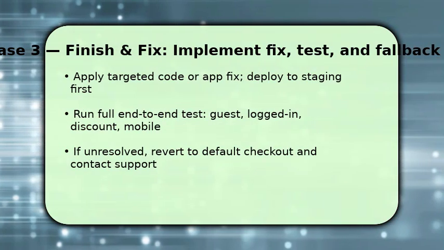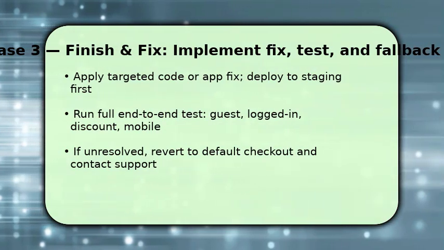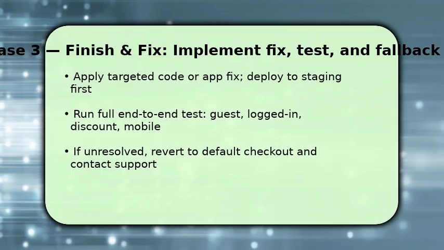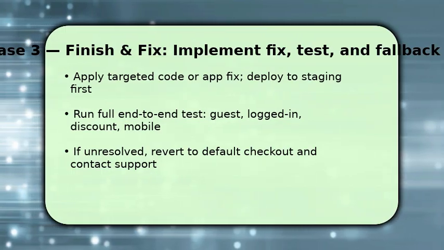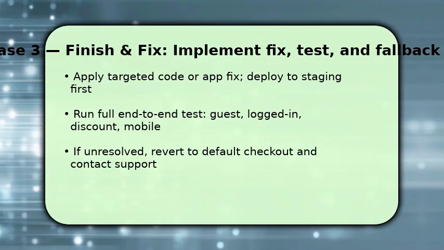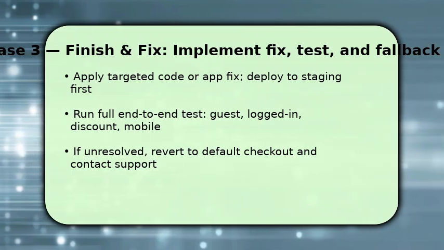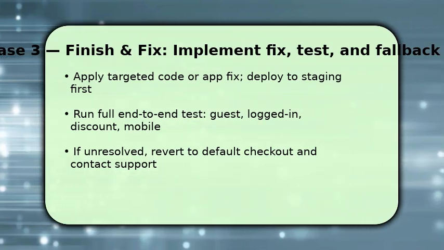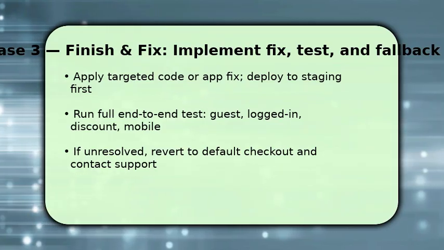You finish by applying the targeted fix you identified. Patch theme liquid or JS, update app settings, or rotate gateway keys. Deploy to staging first. Once deployed, run full end-to-end tests: guest checkout, logged-in customers, discount codes, and mobile flows, because